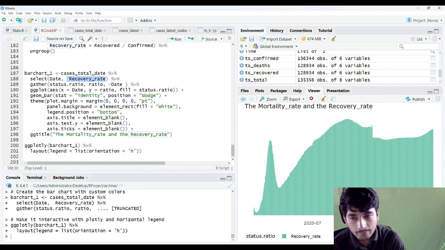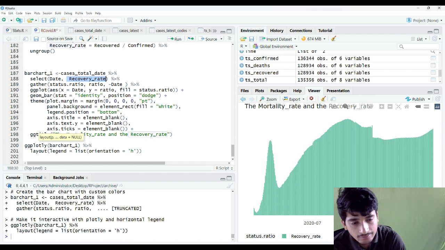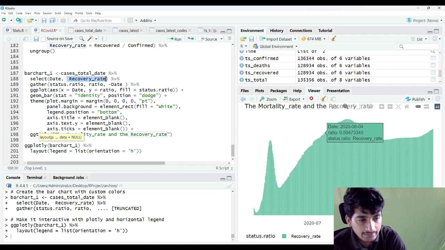Basically it's a geometrical bar plot that we have plotted, and we have added some theme color to it. Then I passed this variable into the ggplot function, and in this I have also called the layout method, basically to get the legend into a horizontal orientation. So we have this recovery rate legend in horizontal orientation, and then we are able to see that the